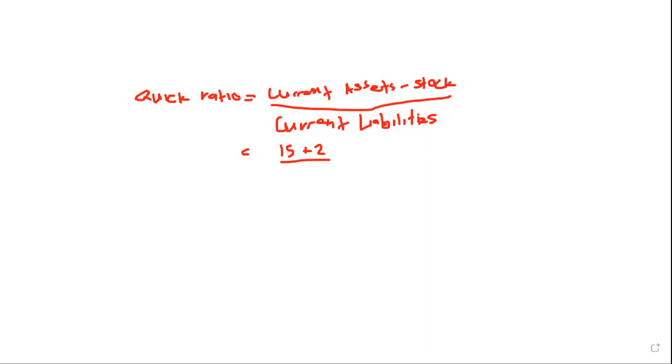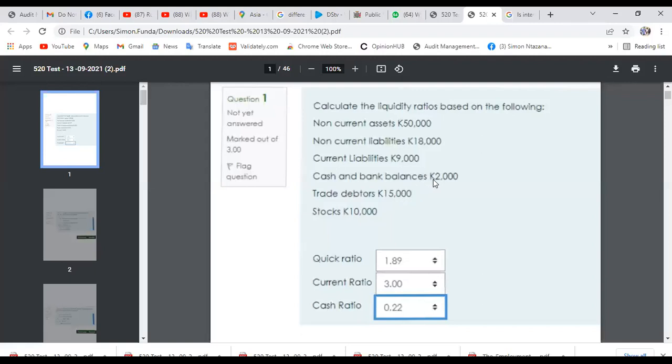Just confirm what we had. So debtors we had 15,000, then cash we had 2,000. If the current assets were including the stock, we could have subtracted 10,000, but because it's not part,